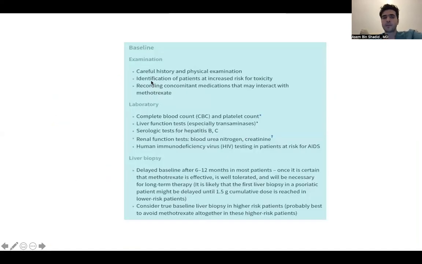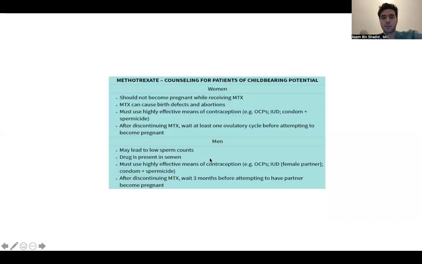And you will find sometimes very nice tables from Wolverton. He will put after any slide, like here for methotrexate, you need to order CBC, LFTs, hepatitis B, C, and HIV. Okay, never be shy with your professor. Okay, especially in the beginning of your career. If you don't know, just say I don't know, or I will double check, especially with dangerous medication like biologics or methotrexate, okay? Immunosuppressives in general.